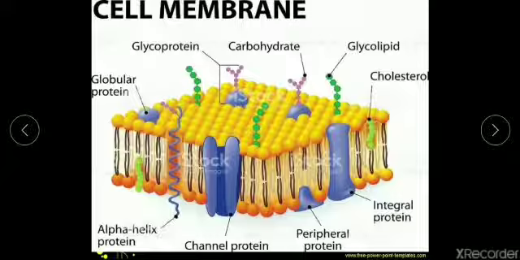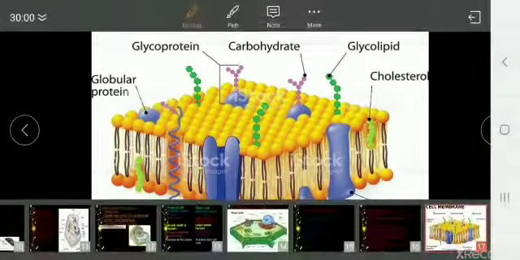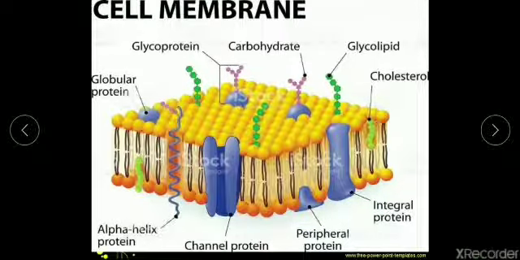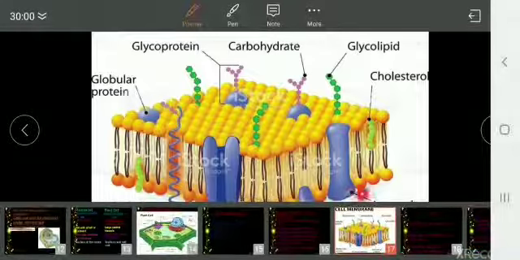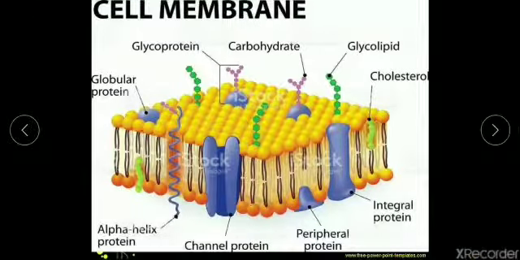When I say phospholipid bilayer, here we have the lipid structure and the phosphate molecule. Here also the same phospholipid layer. So we have two layers of phospholipid, and in that you can see some blue or purple color structures which are embedded over here. These blue color structures are called channel proteins.